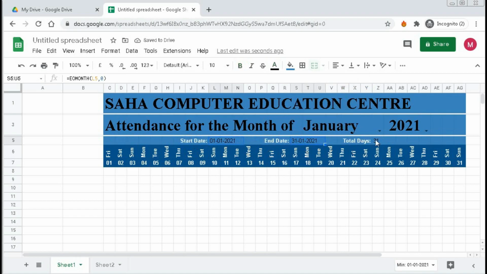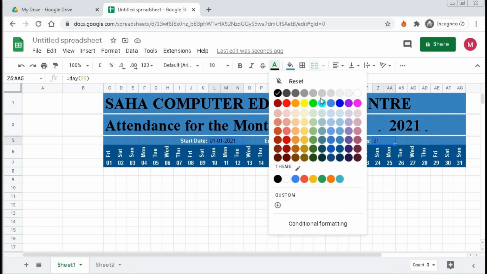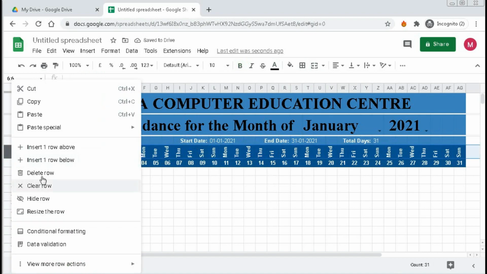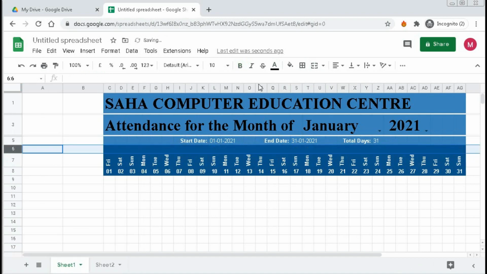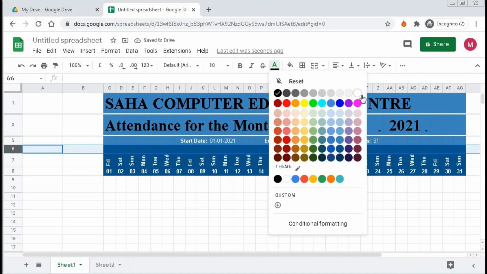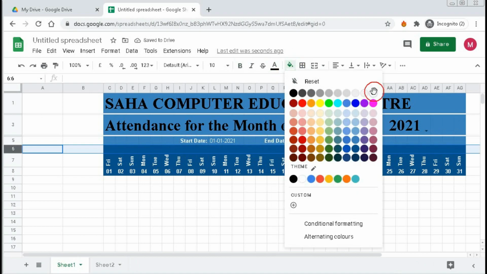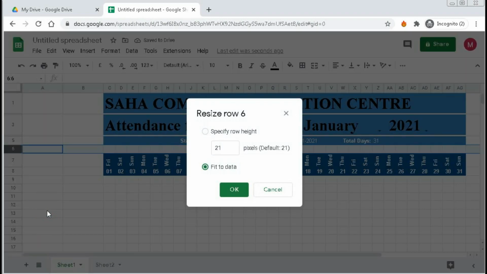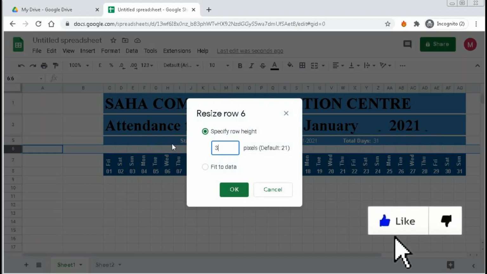This cell and this cell, again white color. Okay, now we will give another separator here. So right click above and then here white color, and right click, resize row, select here 3.